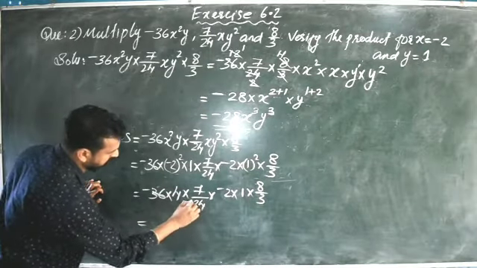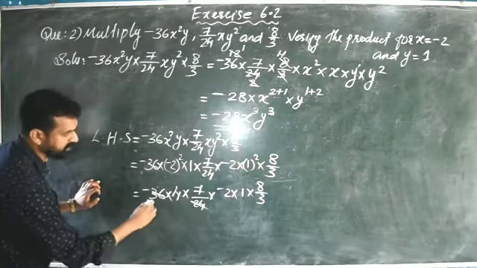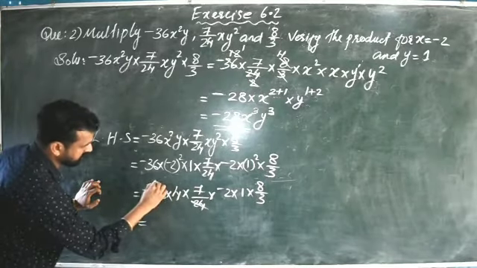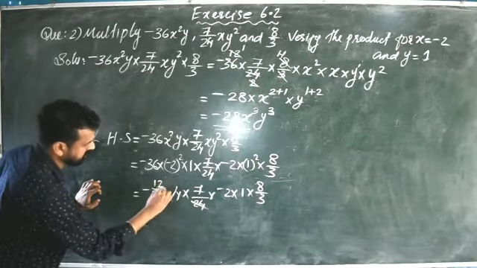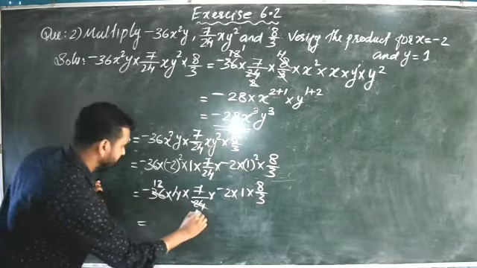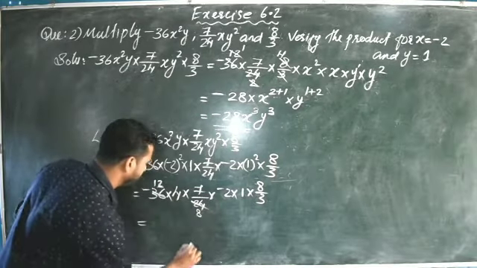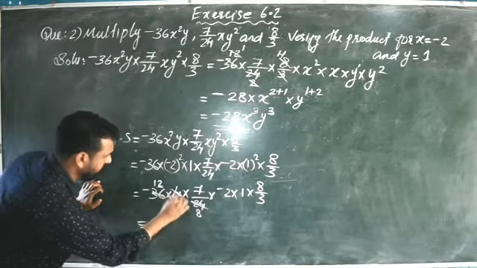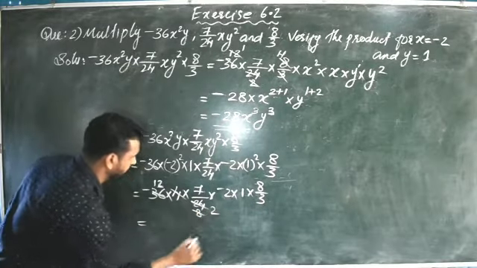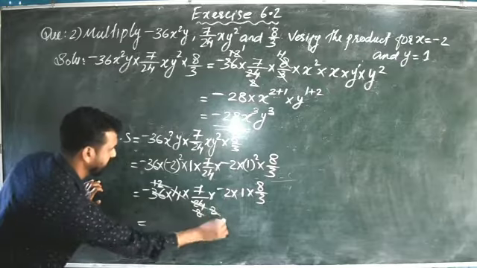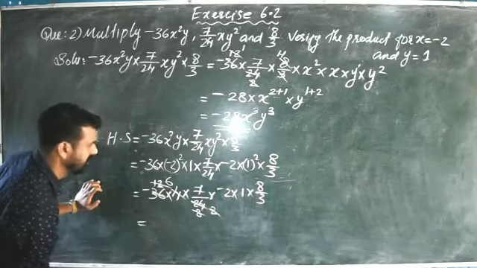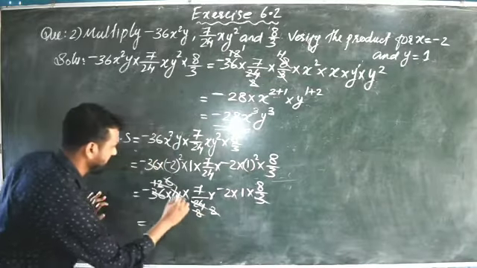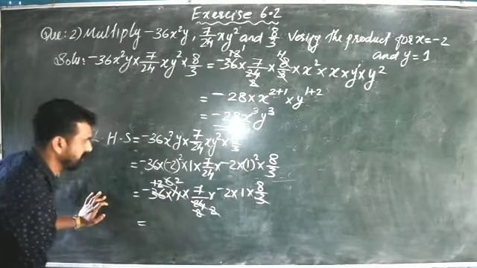36 divided by 24. Both we can divide it by 3. Then just divide it by 3. 1, 3 ones are 3, 3 twos are 6. Then here it will come 8 3s are 24. Then again 4 divided by 8 we can cancel. It will come 2. Then 12 divided by 2 is equal to 6. Then again 6 divided by 3 we can cancel. That is 3 2s are 6.